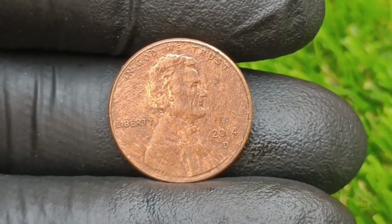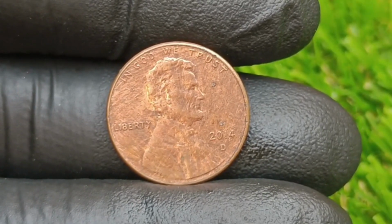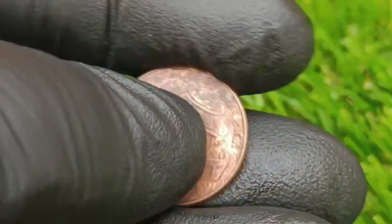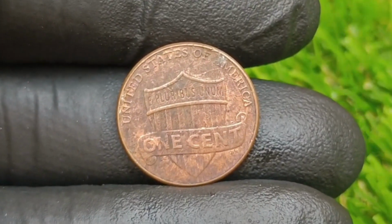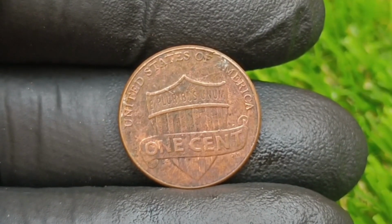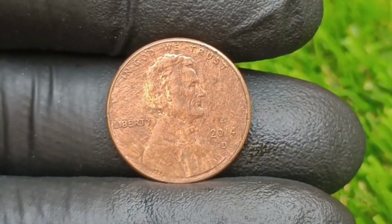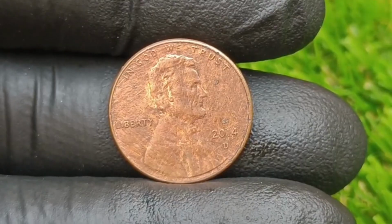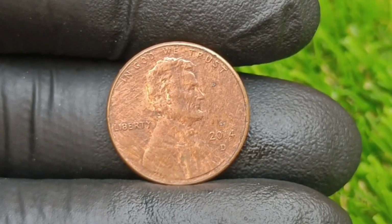Today we are diving into one of the most fascinating stories in the world of coin collecting, a story that proves how something as ordinary as a 1-cent coin from 2014 D can turn into a multi-million-dollar treasure. Yes, you heard that right. A single 2014 D Lincoln cent that you might have thought was just pocket change has been valued at an astonishing $5 million because of the rare errors, unique mistakes, and striking anomalies that make it a legendary piece in